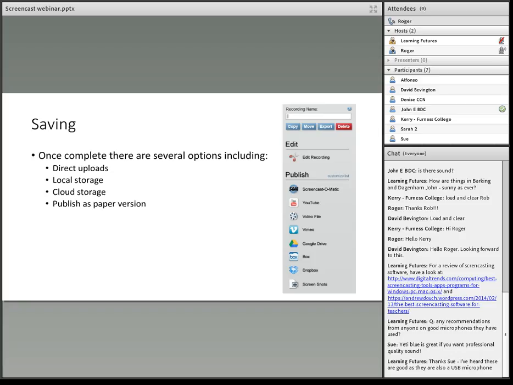What is good for me in terms of ease of use, when you're ready to save it, those options all appear, as you can see on the right hand side. I do have the edit recording option if I wish to go back, but in a sense I just give it a recording name and I click on one of the options. As you can see, I can have Screencast-O-Matic, YouTube, just a standard video file. And again, you can set the format of that. We use MP4 here because that works for us, because we're mainly Windows based. But as you can see, you can even go to cloud storage, which is like Google Drive or Dropbox, etc.